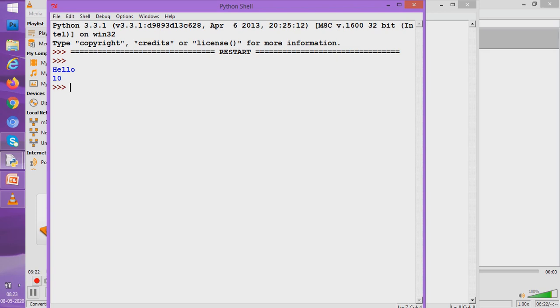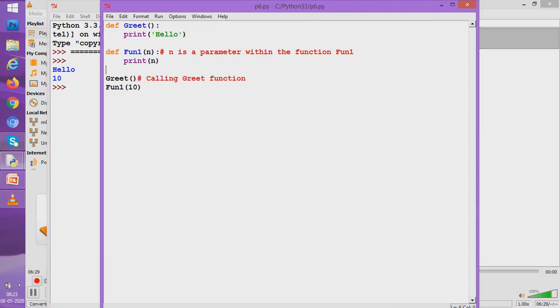Now why did n print 10? n printed 10 because we passed 10 to n. So we can well see n printed 10 as n actually now has started to refer to the value 10. Why did n start to refer to the value 10? Because we have passed that value 10 to n. Now students, what type of variable is this n?